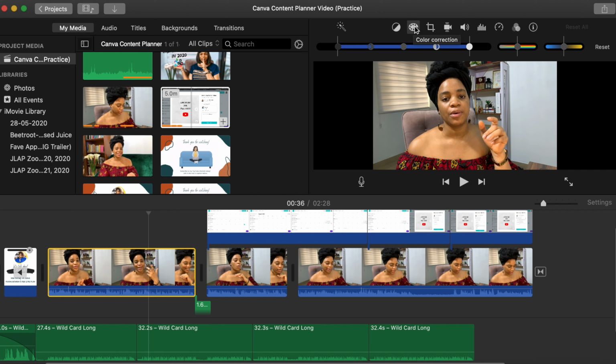Now the color correction on iMovie is very basic, it's simple, it's not as complex as the one on Final Cut Pro, right? So this is pretty easy. These are basically the only color correction tools here. So what I would do to make the tone cool instead of warm is come to this last one and